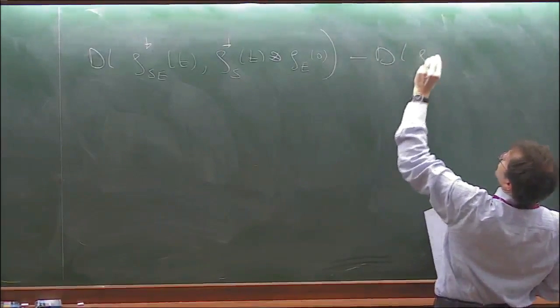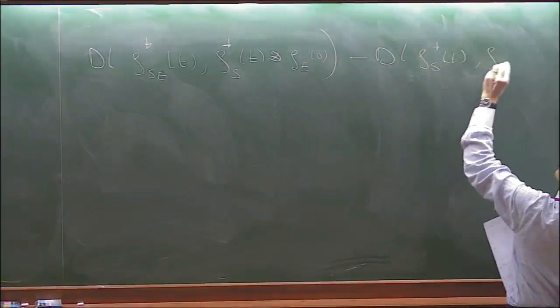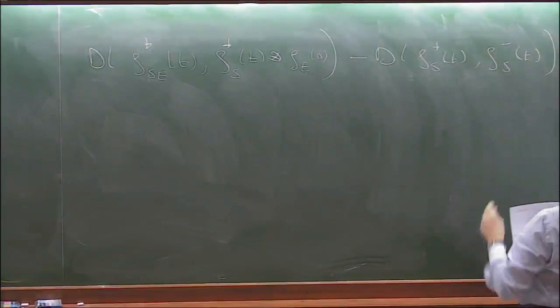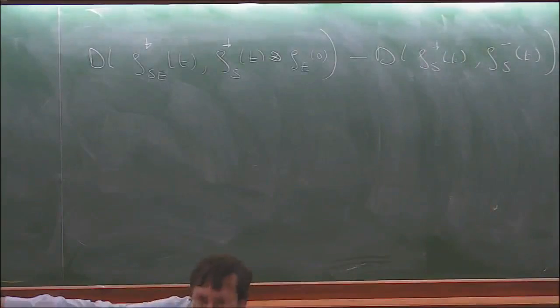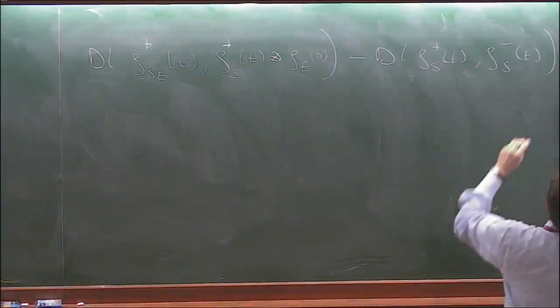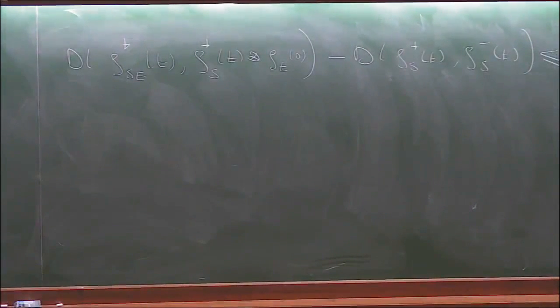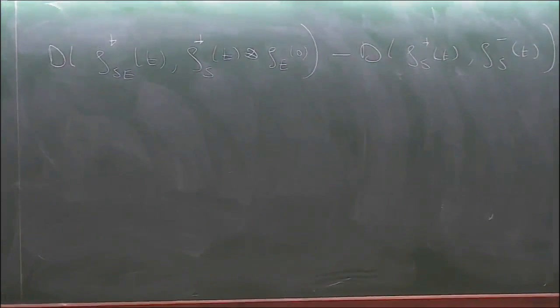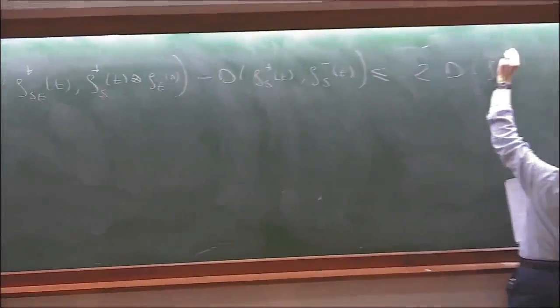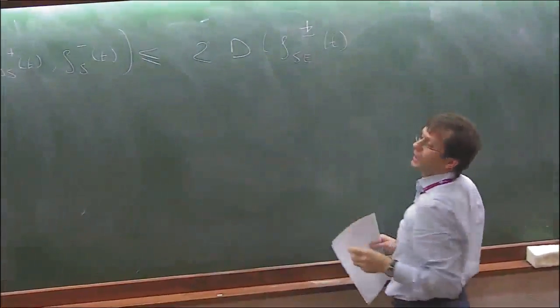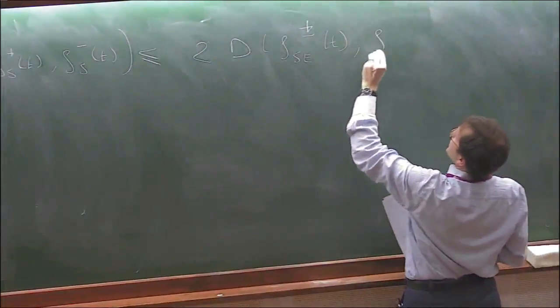minus the contribution due to the local change. And this is what is to the left of my bound, no? External minus internal. Minus or equal, and then I have three contributions, but actually one contribution is the distance between the environmental state 1 and environmental state 2 at time t, but they are unchanged and always the same, so it disappears. And the other two contributions turn out to be equal, so I have 2 times the distance between rho SE plus or minus, it doesn't make any difference because they are the same quantity, with respect to its marginals.